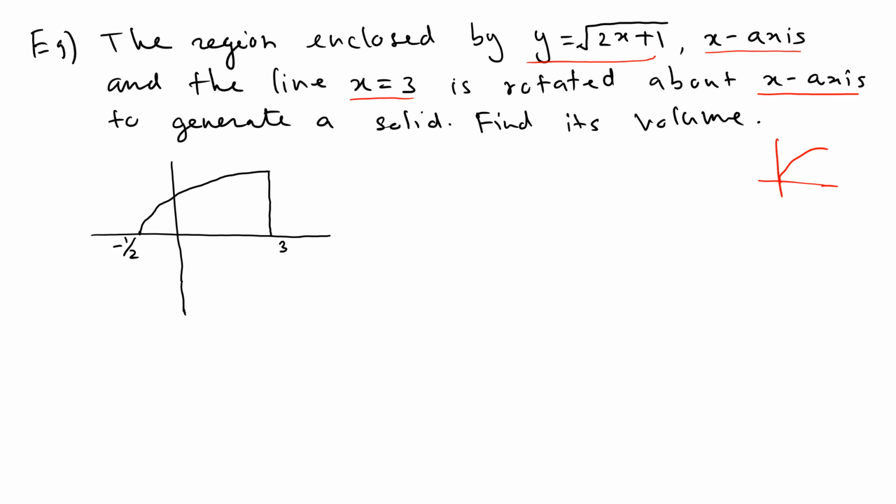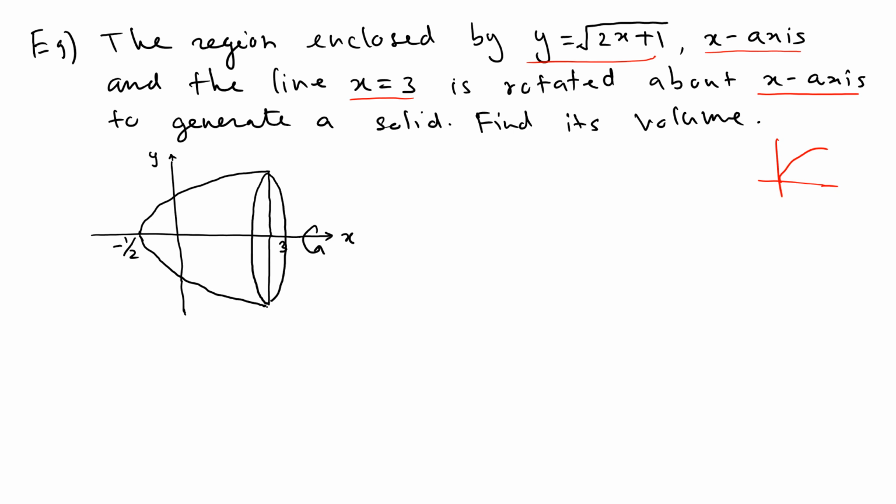So what we're going to do is rotate this region about the x-axis. When you rotate about the x-axis, it's going to reflect to the other side. So it's going to look like this now. It's going to go like that. Okay. Now that's the other part. So that is the solid you are talking about. Good. So what you want to do is find the volume of this one using the disk method. Very simple. As before, we draw the